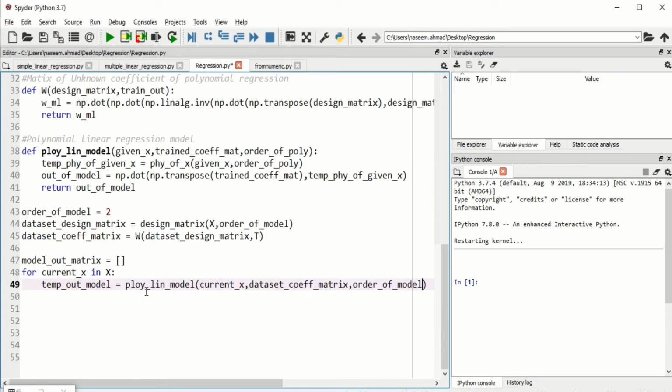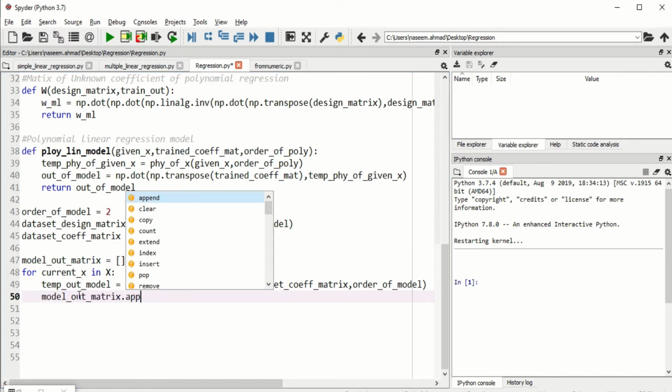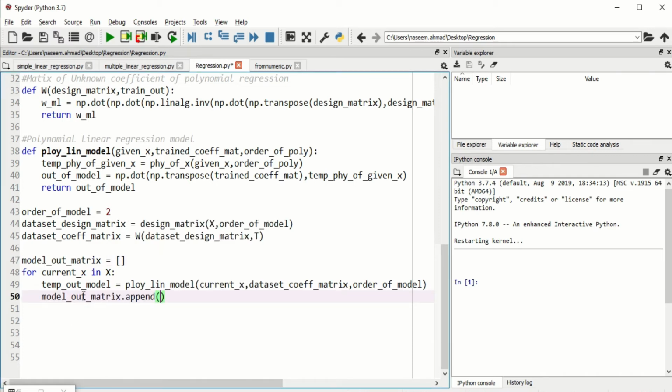So in the first run of this loop, we will get output from the model for the first element of x. At the same time, for the second run, we will get the output of the second run. So for each run, we have to get this output value and append it to this matrix, right? Because at the end of the day, we need to find this matrix for each value of x. So let's do it. V dot append, we already have a method which is append, and just append this value to it. We are good to go.